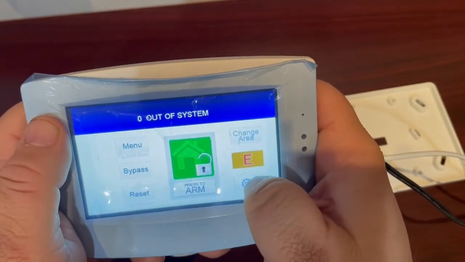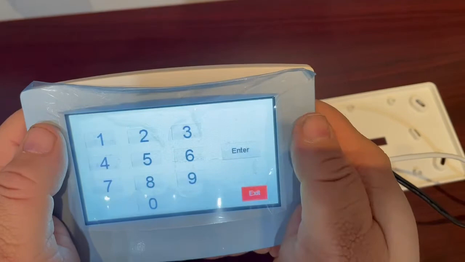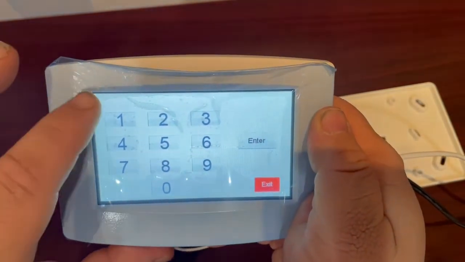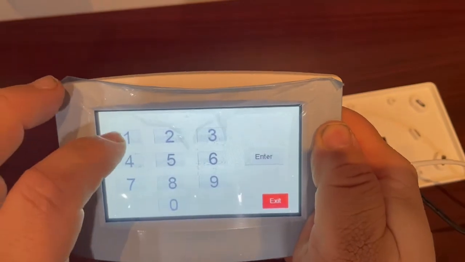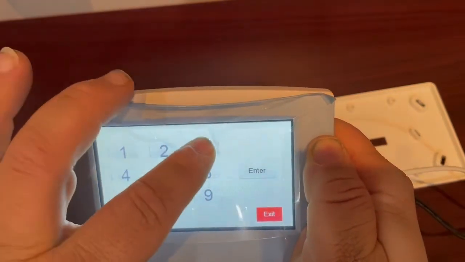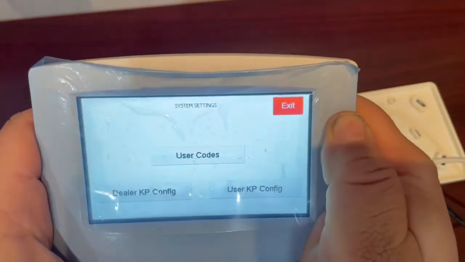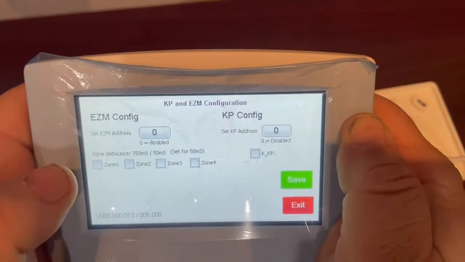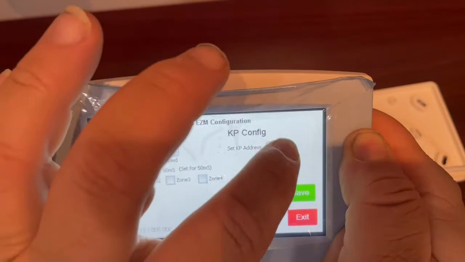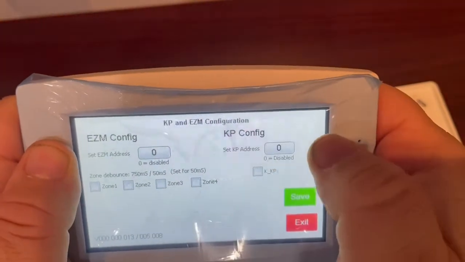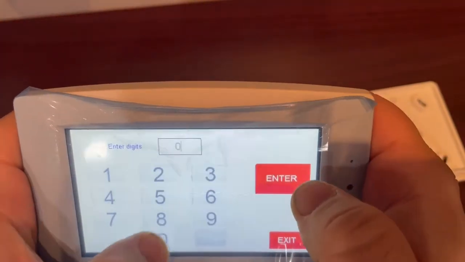So to give it a keypad address, we're going to hold down the gear icon. And just like any other Gemini keypad, to get into config mode, we're going to press 1, 1, 1, 2, 3, and then we're going to hit the enter button. Pick dealer keypad config. And as you can see, it's keypad 0 and the EZM is 0. So click on that. We'll make this keypad 2,